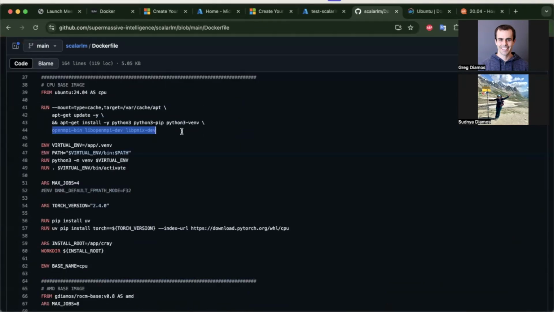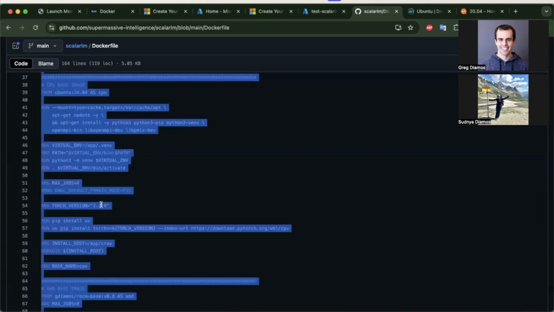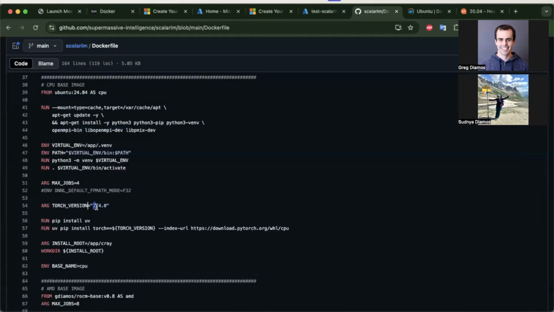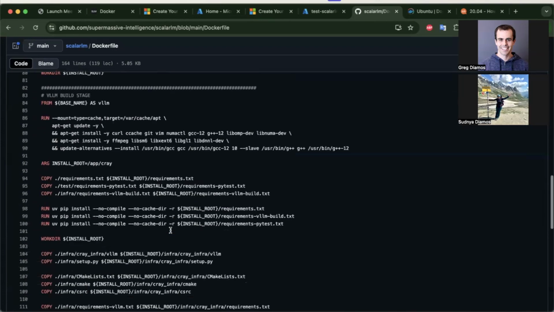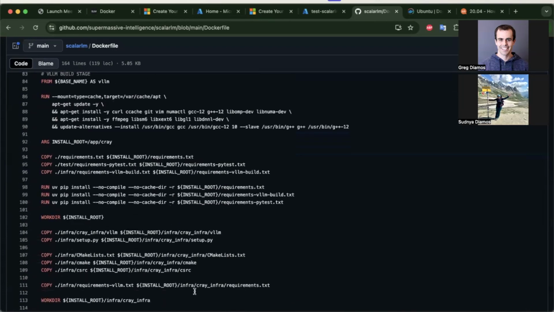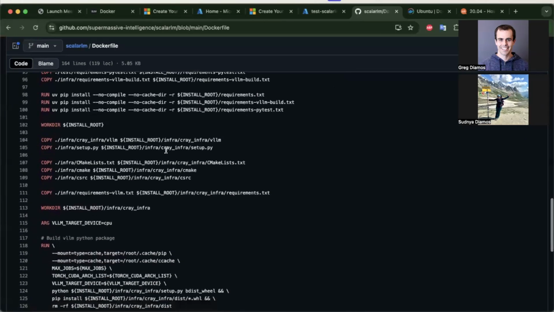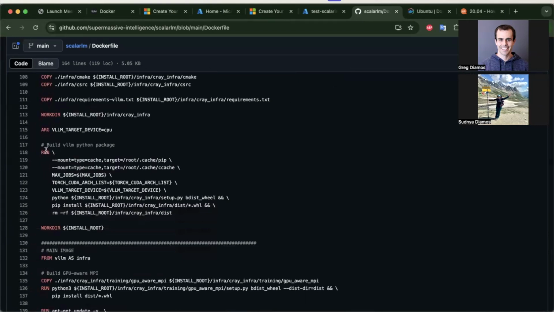This is for distributed training, not that you'd ever use that on a CPU, but just so the libraries are there. We install this version of PyTorch because it's an old version of PyTorch, but that's the one that this version of v0.81 is built against. We install PyTorch, and then after that, we're going to move into this one where we build v0.81. We have a lot more dependencies for building v0.81. And then, and I think this is the main part of v0.81